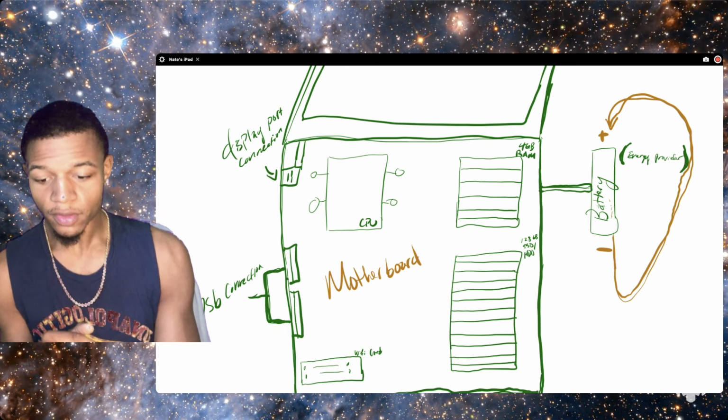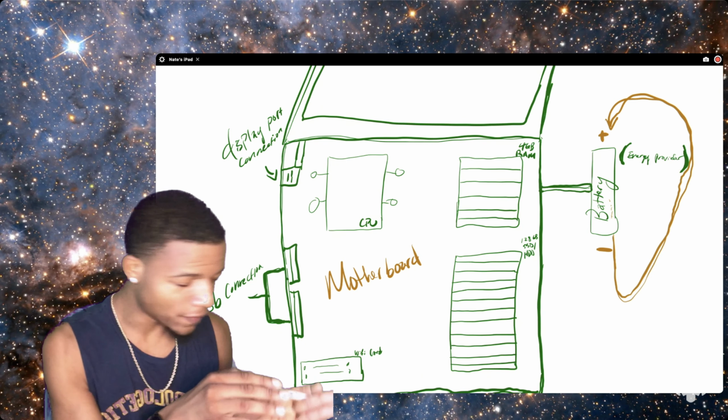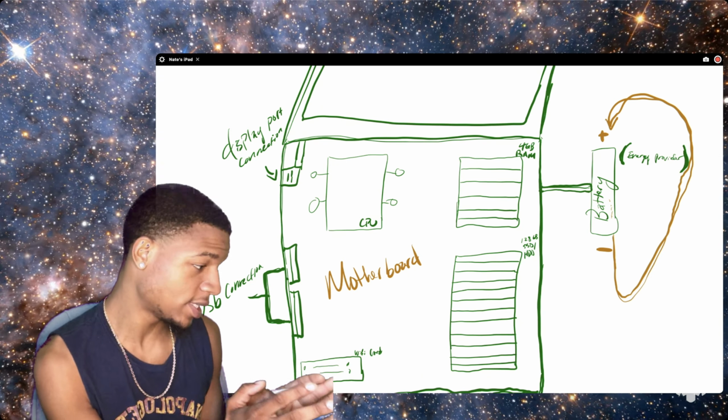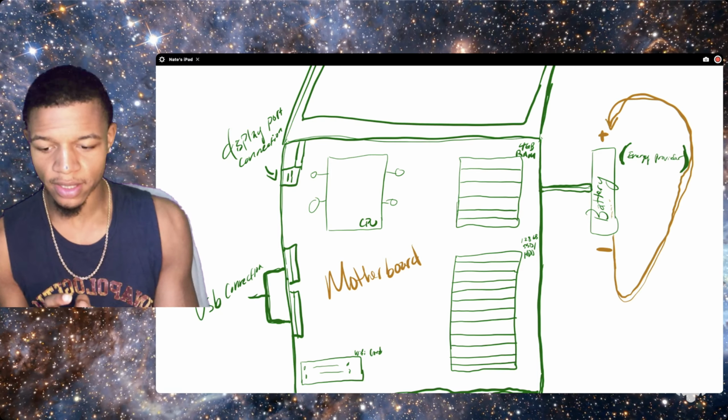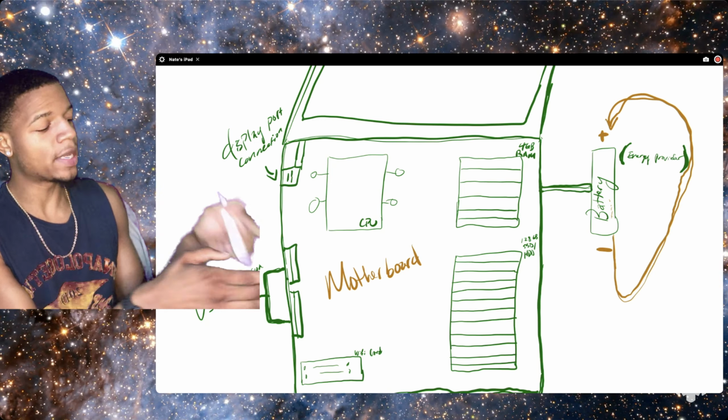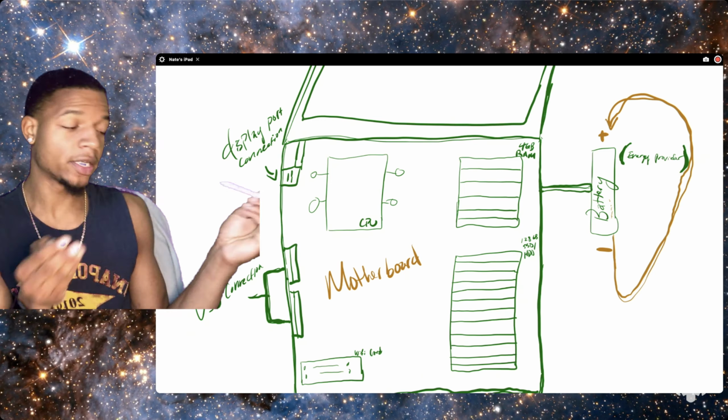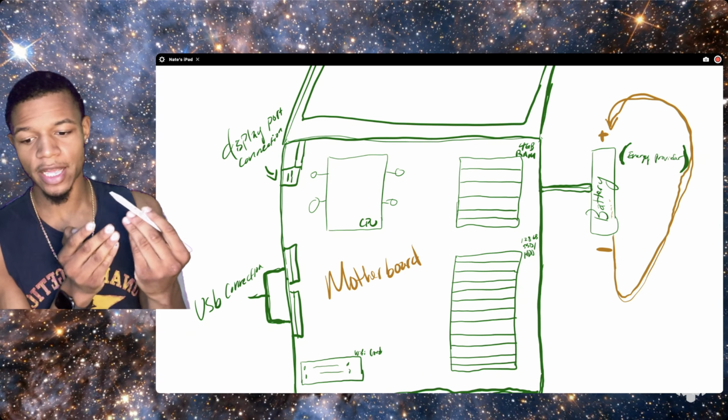And then we also got our Wi-Fi card down there. We can't do anything without the Wi-Fi card, so we have our Wi-Fi card right here. Then we also got our USB ports that we can plug things in. And remember, if we plug in a USB drive, that's just like plugging in